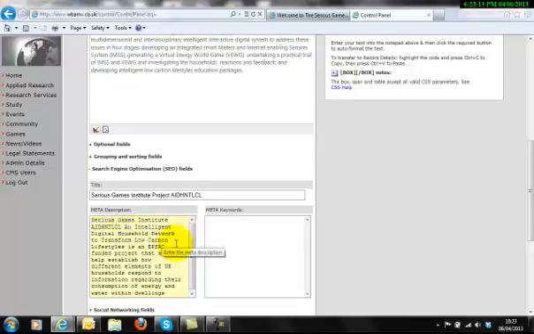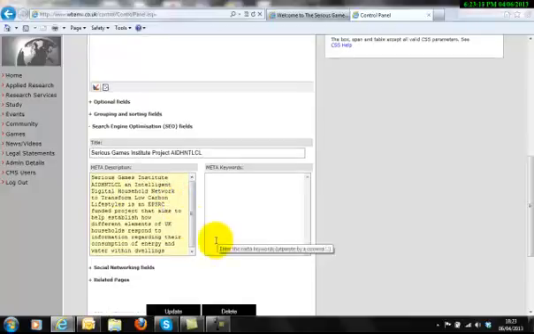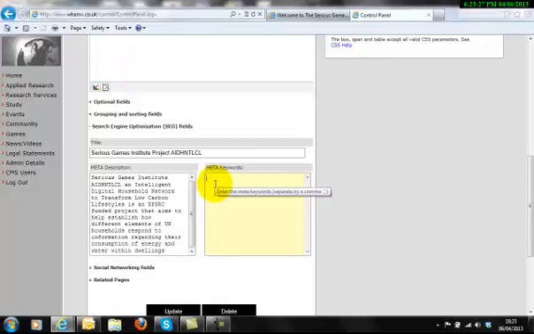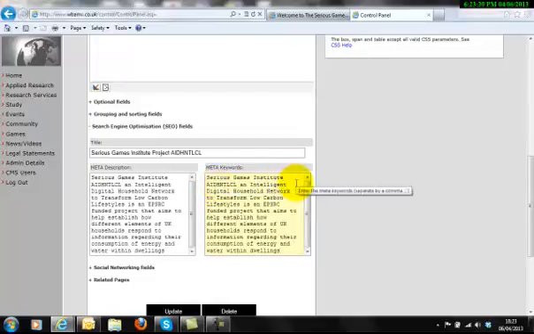So that's my description. And where it comes to keywords and key phrases, again, you should be able to extract those out of the description. So I'm copying that in, and then, as you do with keywords or key phrases, I remove superfluous words, concentrating on the keywords or just key phrases. And these are better known as meta tags. So you can see is and, not really important, but